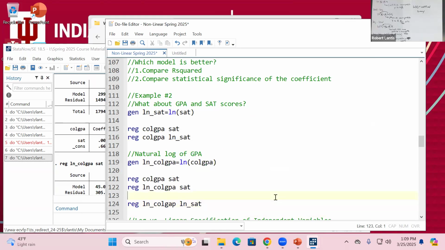I could compare it to my log-log model because now I've got the same dependent variable. So here, if I want to use that R squared,